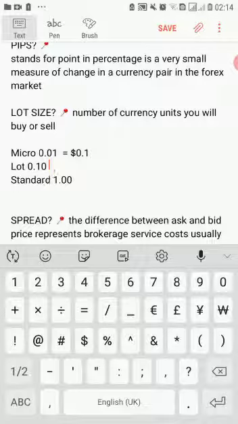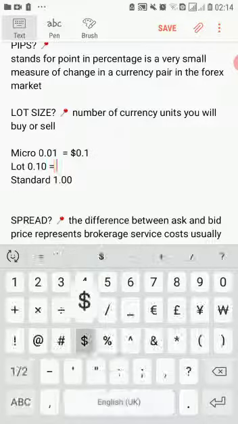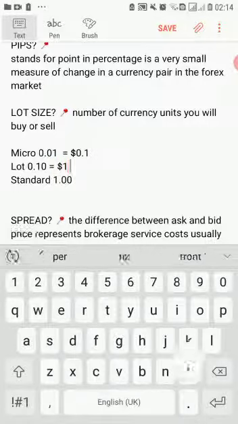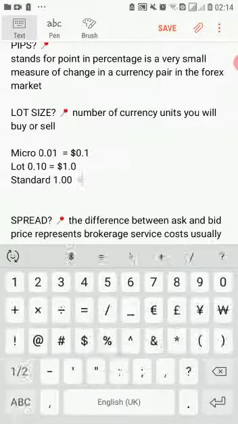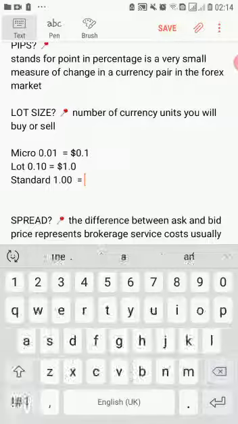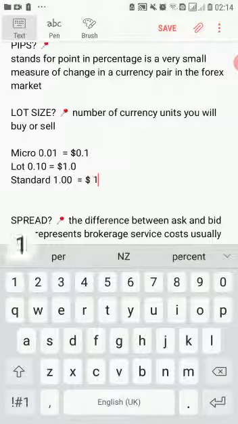The lot size of 0.1 is equivalent to $1.0. Then a standard lot is equivalent